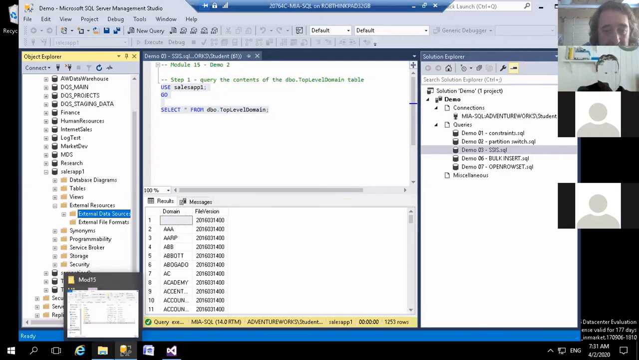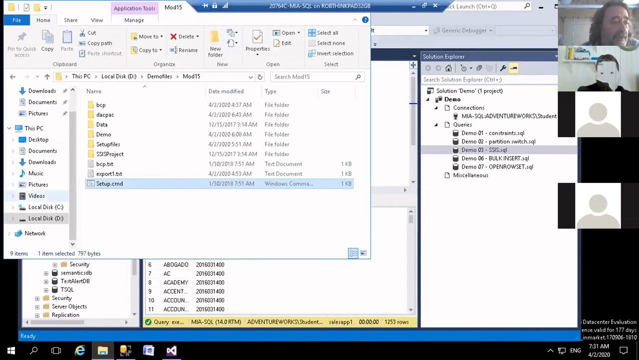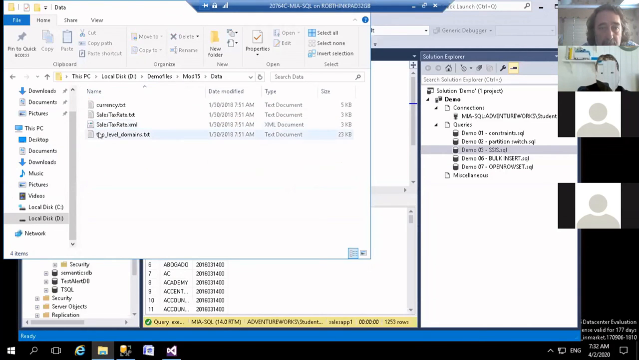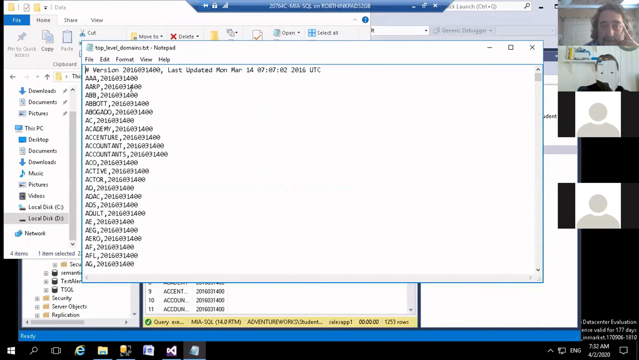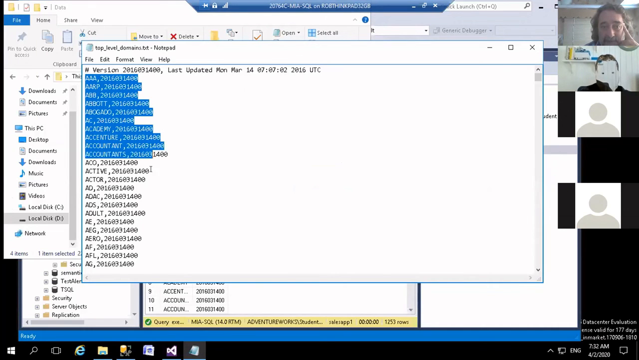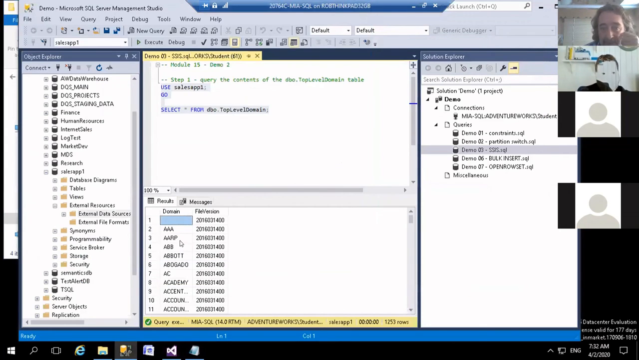But from this link, it pulled in this data. And if I can remember where the data actually is, I can show you the flat file to map to. Yeah, top level domain.txt module 15 data. So that was the external file. So it's just a text file, right, with all these entries, 2 columns, AA, blah, blah, AARP. So if you go back and look at what was pulled up here, AA, AARP. And that was done by building up